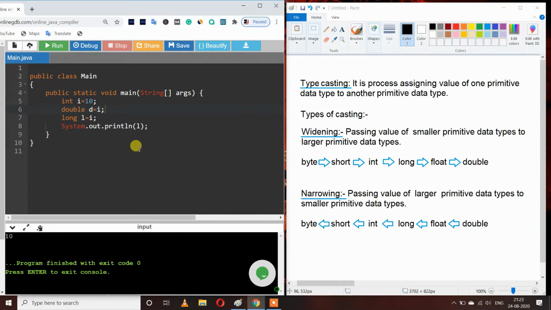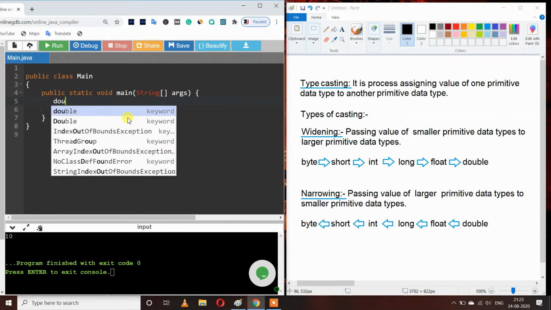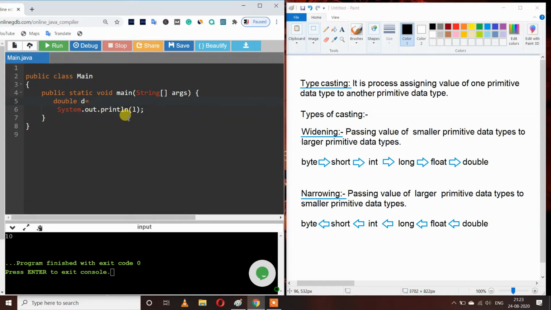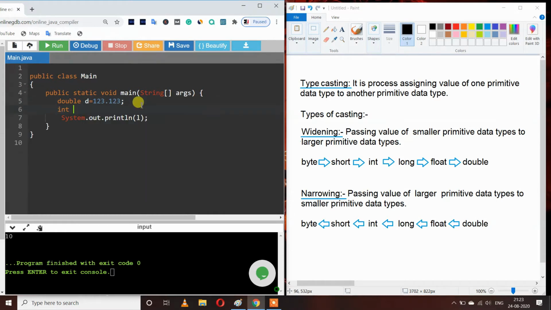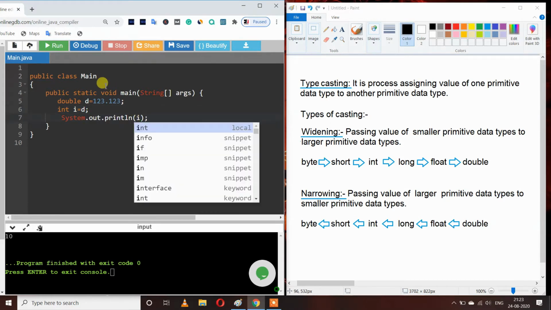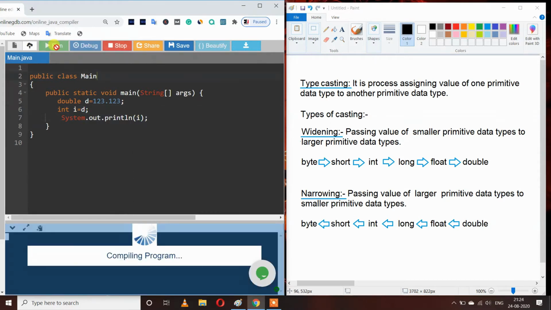Let's understand it with the help of an example. I have declared double d is equal to 123.123, and I have made another variable, int i is equal to d, and when I print the value of i, let's see what we will get.